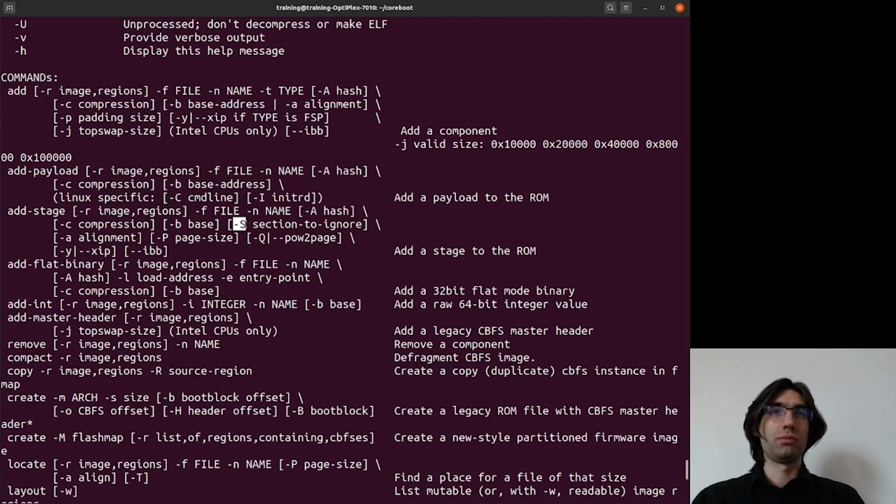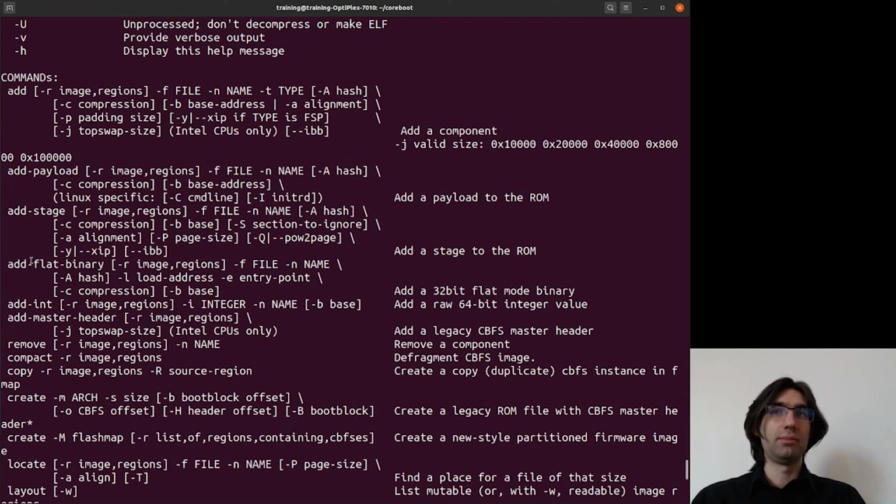So there is an optional parameter, uppercase S for example, to ignore certain ELF sections. This is especially useful when including some execute in place files, and some certain sections are ignored because they do not make any sense in cache-as-RAM environment.